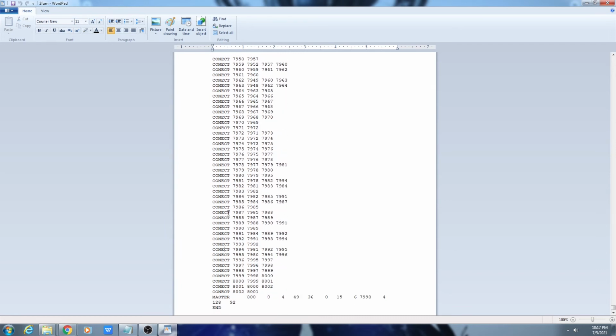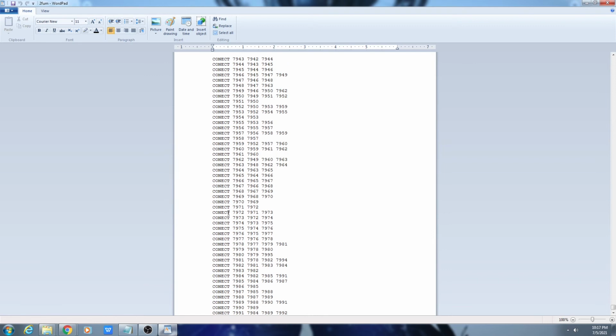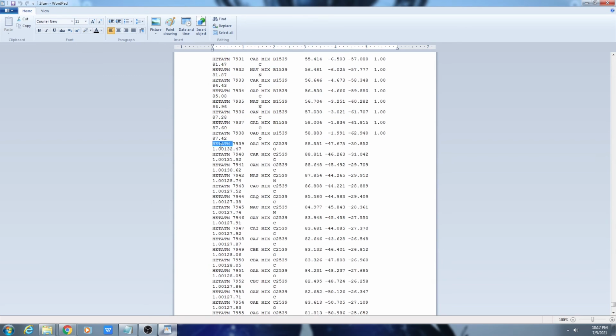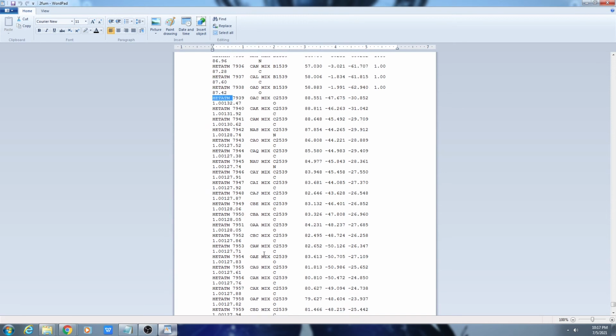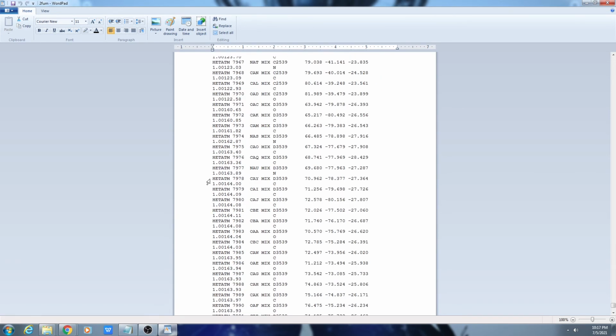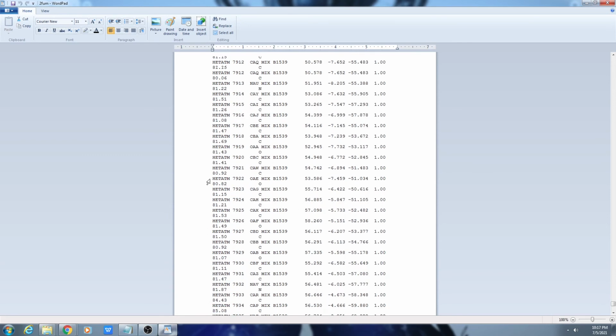For protein residues the record is ATOM, but any other molecule which is not part of the protein starts with HETATM, which means a heteroatom. These are the heteroatoms. Since we have to optimize the protein, we remove all of these.